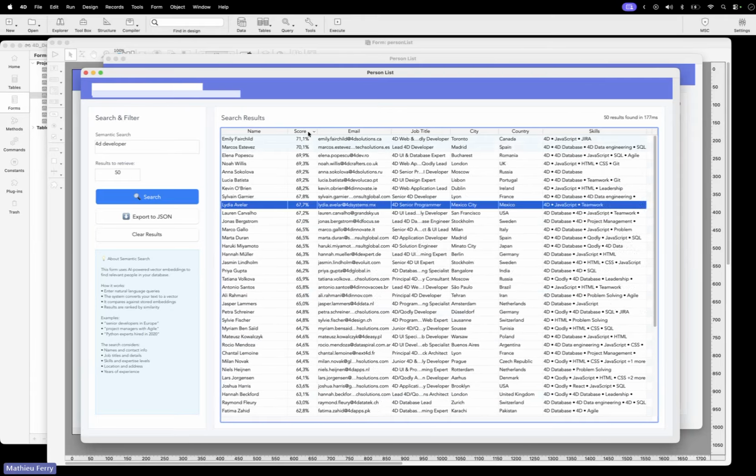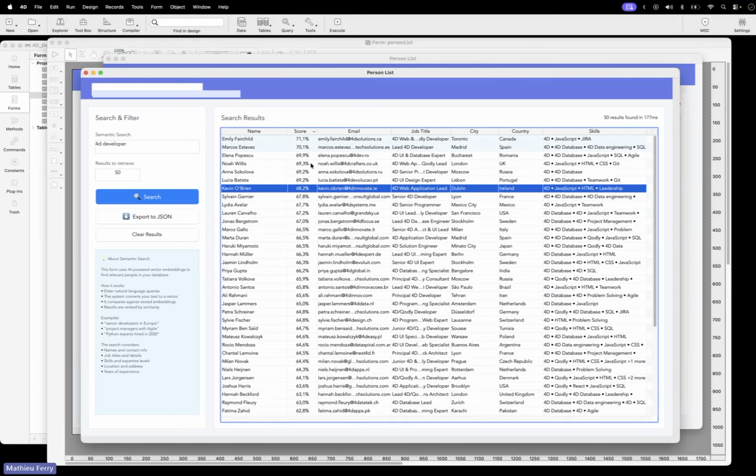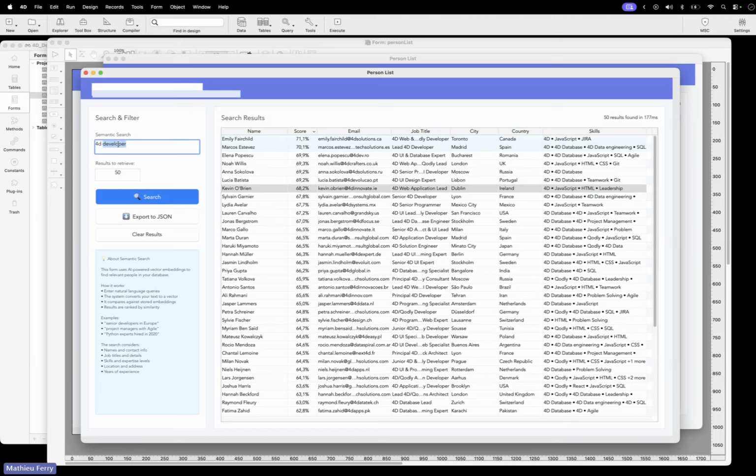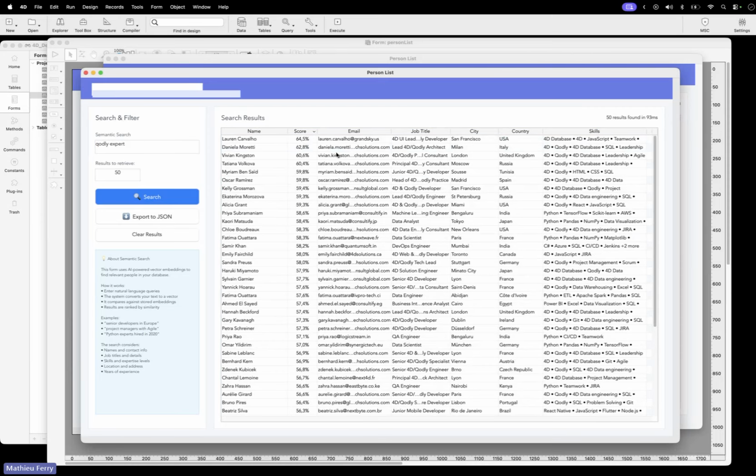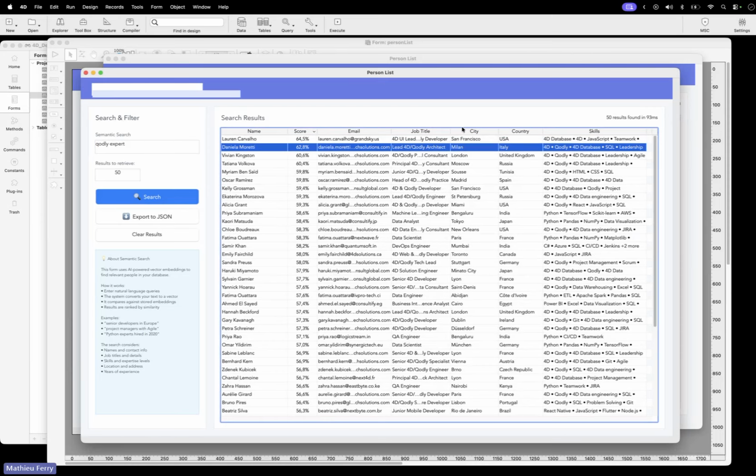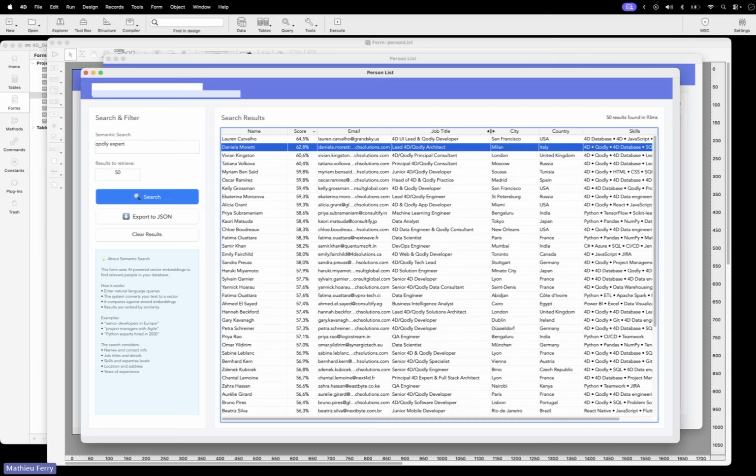It even puts the score here with some coloring. I don't know if it's visible in the video, but if I put here a godly expert with my semantic search, it's working. Okay, it's not perfect. I have this little result here. I mean I just put